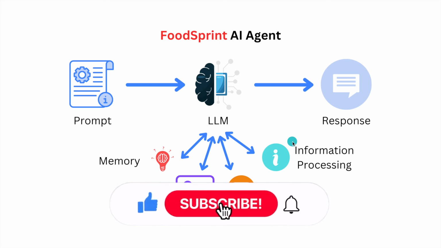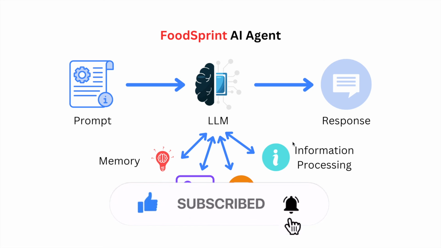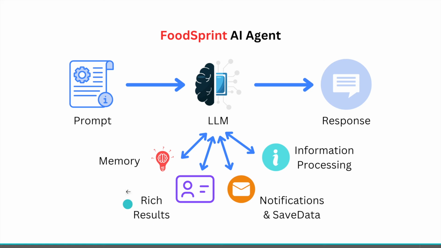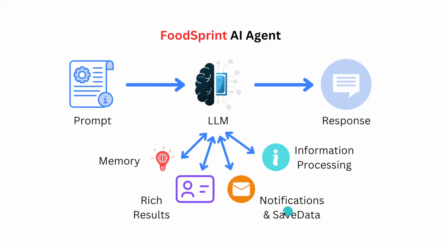Then it can have information processing, such as checking whether the user has some specific word in the message, or if the AI needs more information, it can ask for the specific information. Then we have rich results based on the user's query, and then we want to save our chat history data